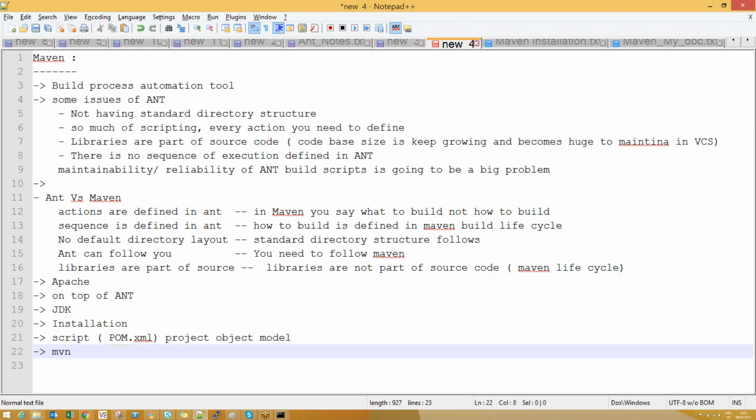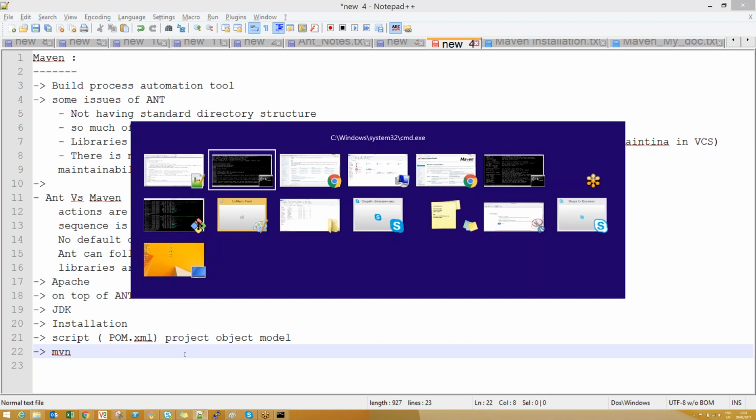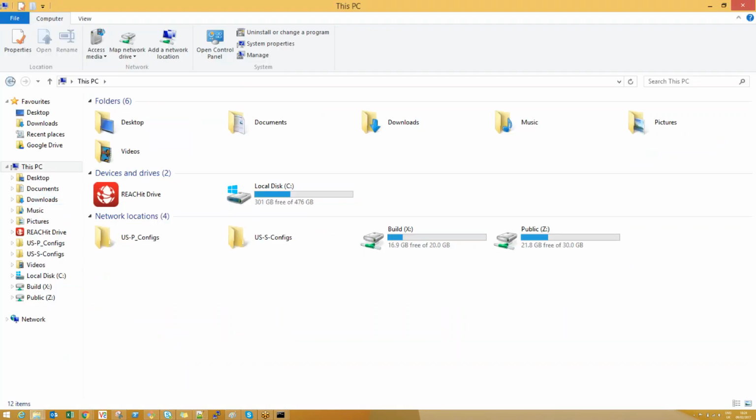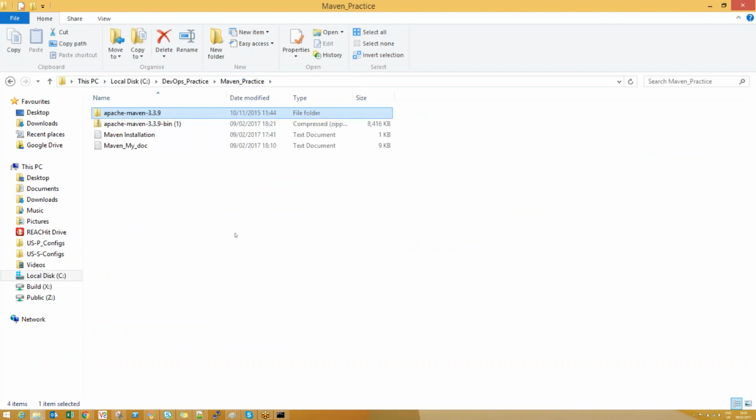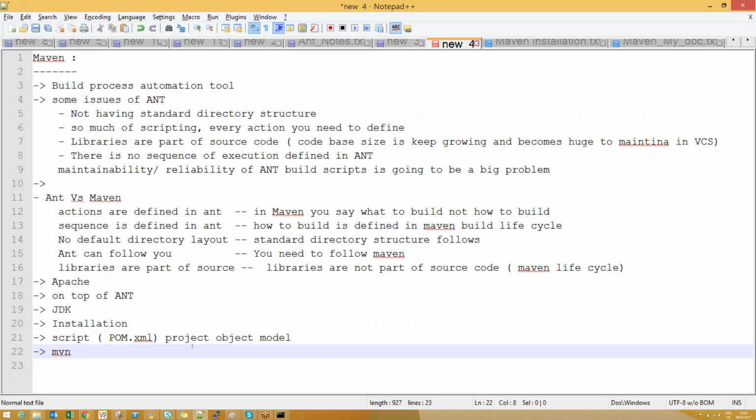So you have to write something like mvn. No need to provide the .xml file name. By default, wherever you're running this command, the file should exist over there. Right now, it is not there here. You can just check it out. We don't find any .xml over here. Right. Next,